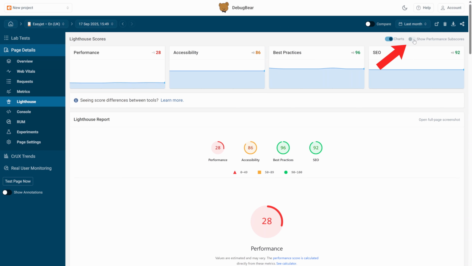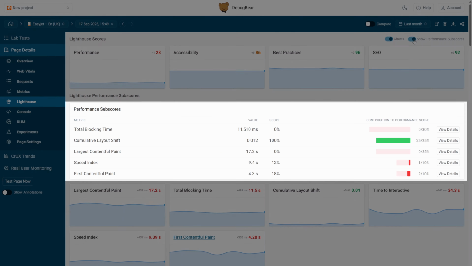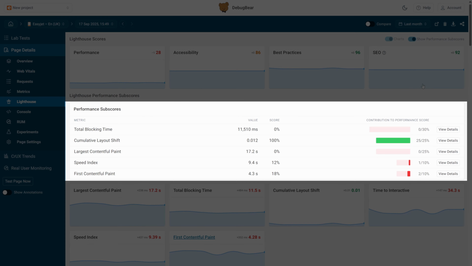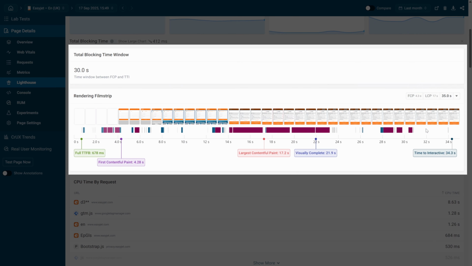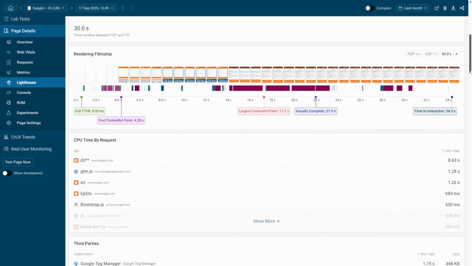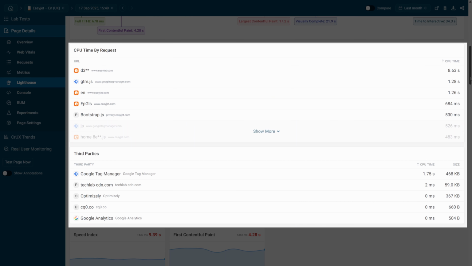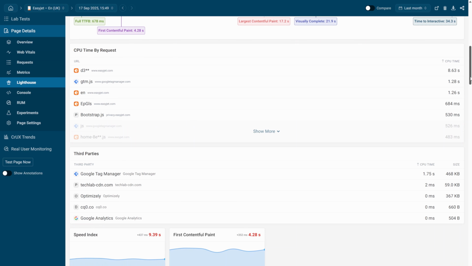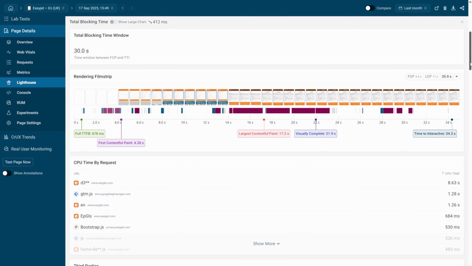If we scroll up to the subscores section, we can learn more about how to reduce TBT by clicking View Details. Each of the purple indicators are tasks over 50 milliseconds, which result in TBT. Each of these long tasks could be split up to reduce TBT and improve the Lighthouse performance score. The biggest contributors here are not third-party scripts, which gives the developer more control on how to tackle this particular issue. When viewing the film strip, we can see how these long tasks are holding back the LCP score also,